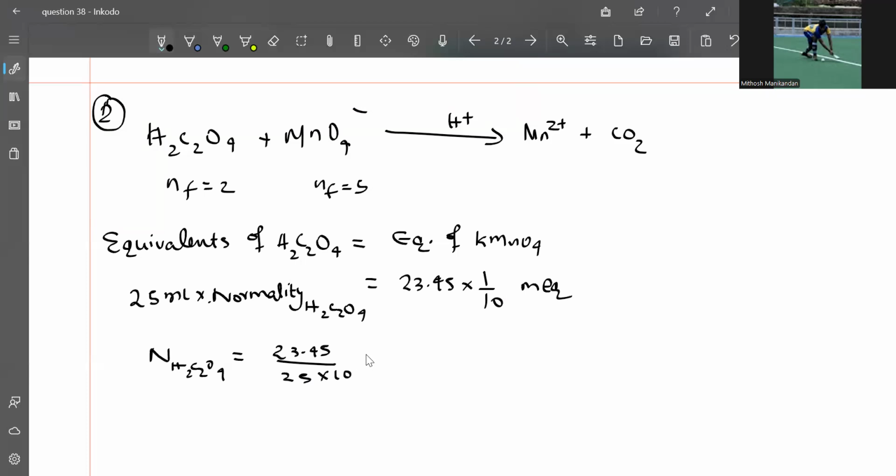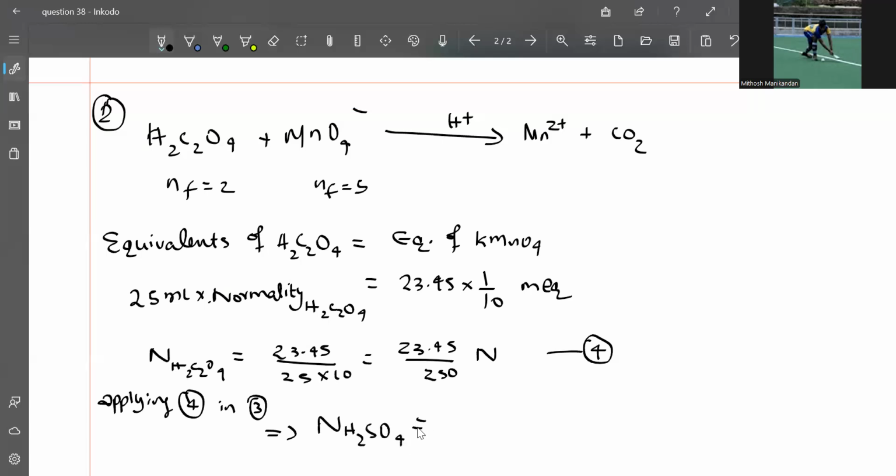So you get 23.45 by 250 normal. Now this is equation 4. So we already got the normality of H2C2O4. Applying 4 in 3, you get